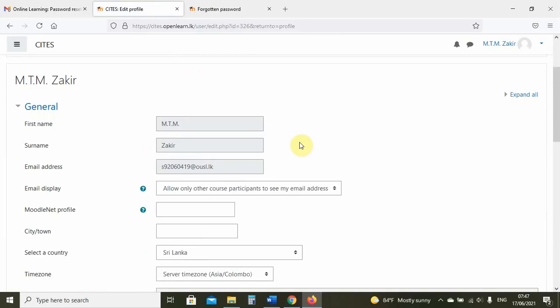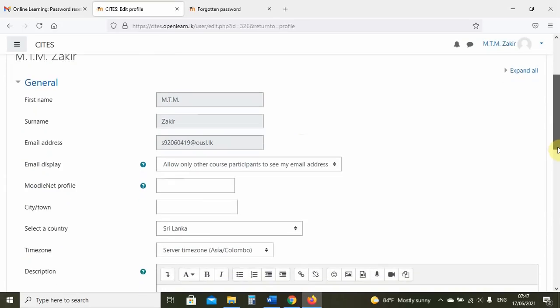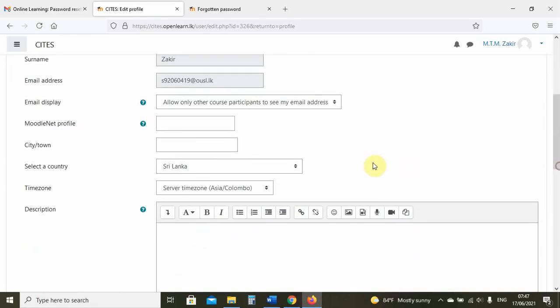Your name and your email address cannot be changed by you. This is because we have to keep track of you by the name that you have given to our registration section. That is your official name when you are at the Open University, and we cannot give you your marks and your certificate properly if we lose track of who you are. But there are a few other things that you can change.